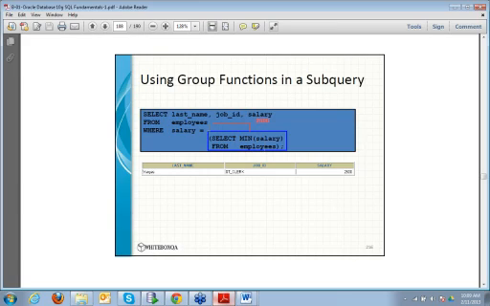That's the reason I can use it with the equal to operator. Had it been grouped, like select min salary from employees group by department ID, again it would be a multiple-row subquery, and then I would have to use a multiple-row subquery operator. I won't be able to use equal to or greater than, all those kinds of things.